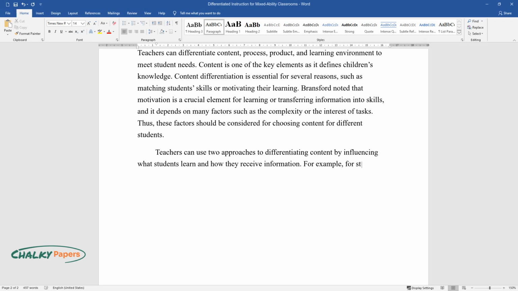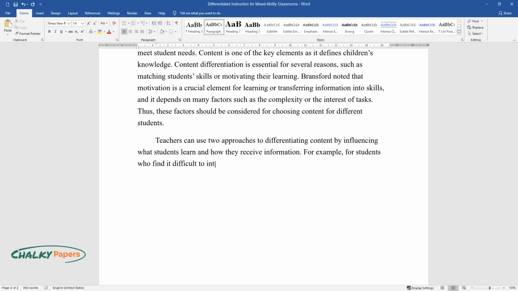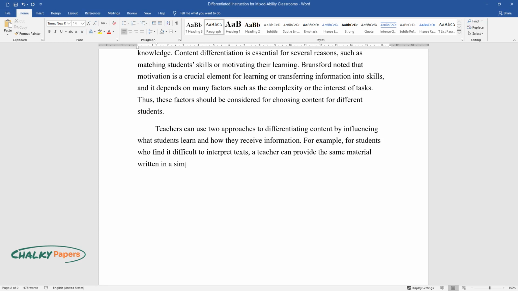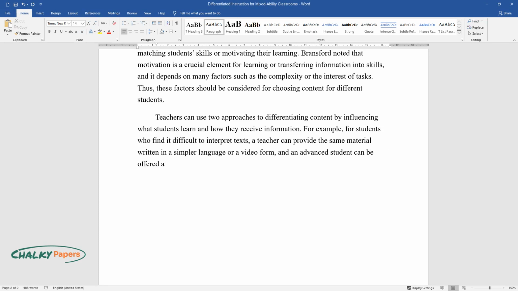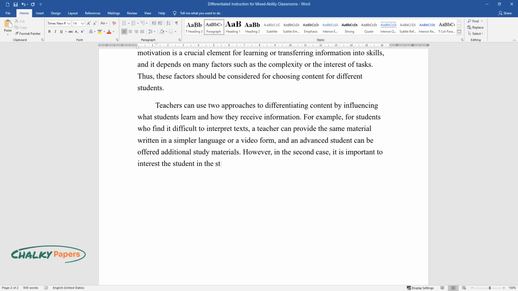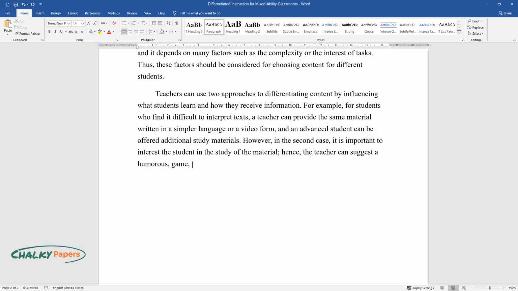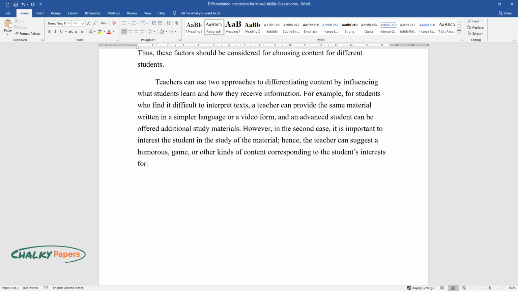For example, for students who find it difficult to interpret texts, a teacher can provide the same material written in a simpler language or a video form, and an advanced student can be offered additional study materials. However, in the second case, it is important to interest the student in the study of the material, hence, the teacher can suggest a humorous, game, or other kinds of content corresponding to the student's interests for a more in-depth